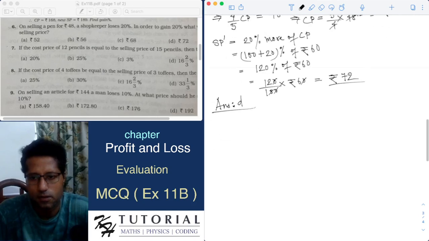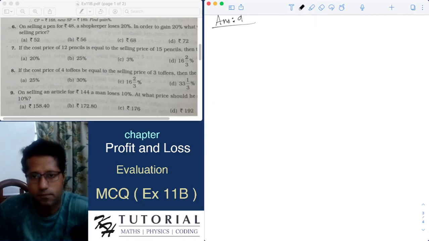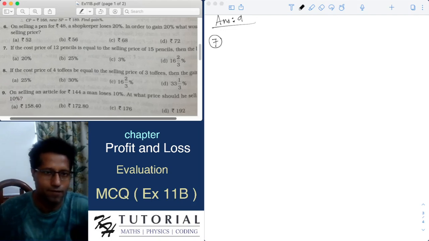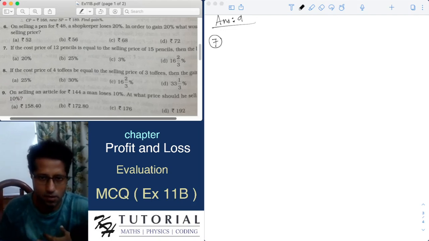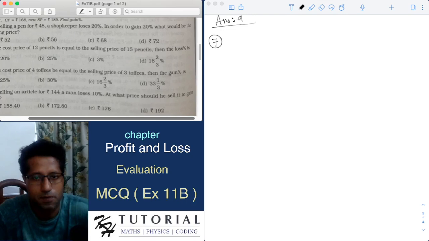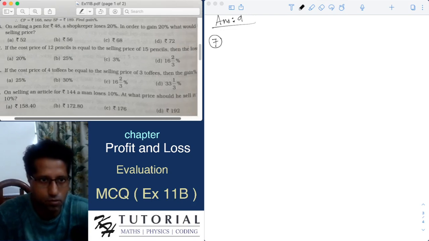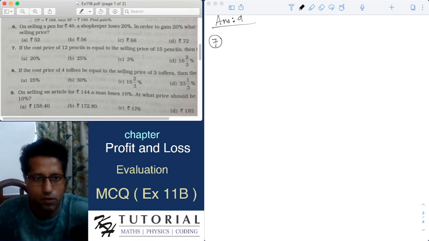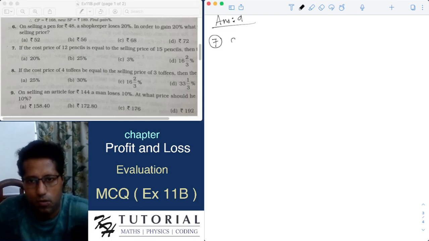Okay, let's do problem number 7. It says that if the cost price of 12 pencils is equal to the selling price of 15 pencils, then the loss percent is... The cost of 12 pencils is equal to the selling price of 15 pencils. Okay, so let's say cost price of one pencil